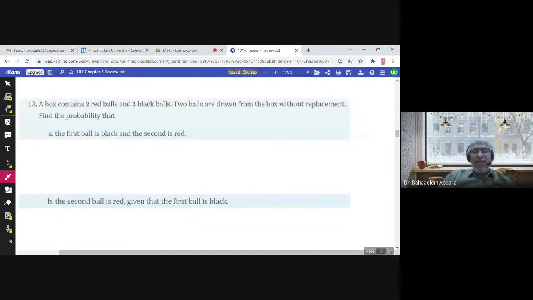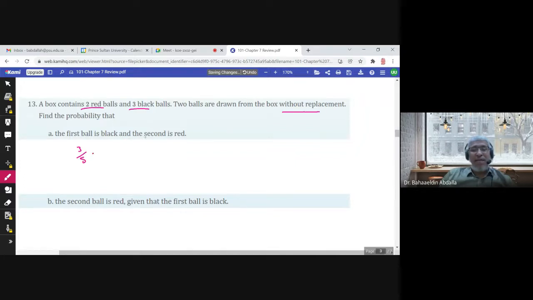A box contains 2 red balls, 3 black. So the total number is 5. 2 balls are drawn from the box without replacement. Find the probability that the first ball is black. What is the probability that the first ball is black? 3 out of 5